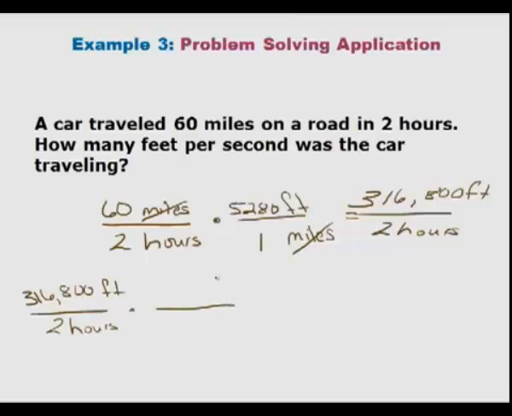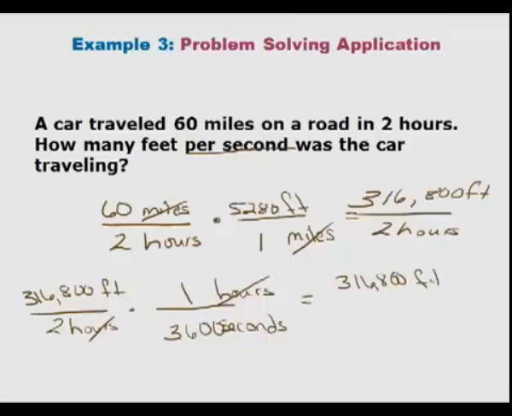We're going to multiply that, and this time we're going to get rid of hours and make it per second. So we definitely want seconds in the bottom. But not only do we want seconds in the bottom, our hours need to be on the top to cancel out. Well, we know in 1 hour there is how many seconds? 3,600 seconds. Our hours will cancel, and we will have 316,800 feet over 2 times 3,600, which is 7,200